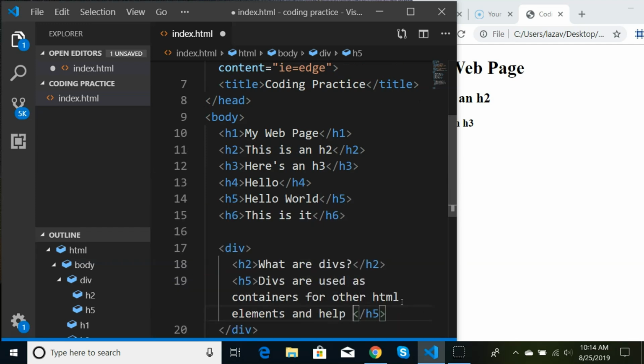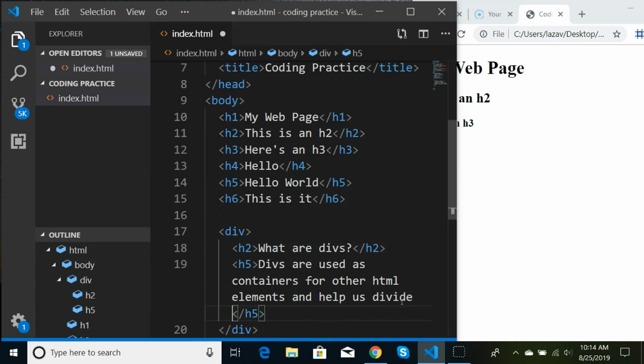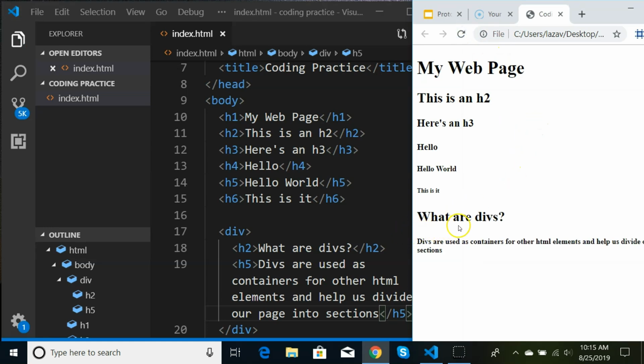and help us divide our page into sections. Okay, so I'm going to hit Control S and refresh. And then I can see that I have my div. All right, so